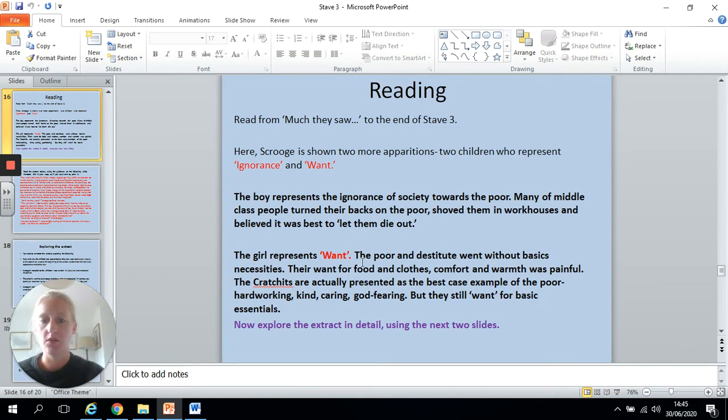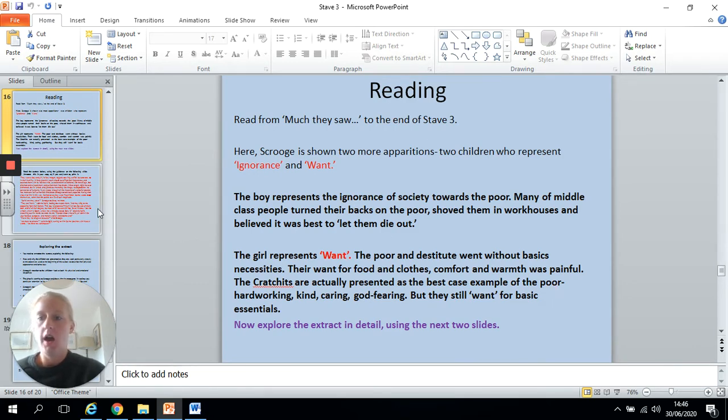The girl represents want. So the poor and destitute went without basic necessities. Their want for food, clothes, comfort, warmth was painful. You've got to remember this is a very different society to the one in which we live now. If you're vulnerable and you need help, there are resources available to support you, whereas that's not what we're seeing in Victorian England at all. The Cratchits, who you focused on in Monday's lesson, were some really good examples, best case examples of poor, hardworking, kind, caring, God-fearing people, but they still wanted for basic